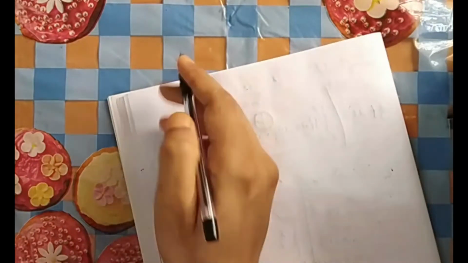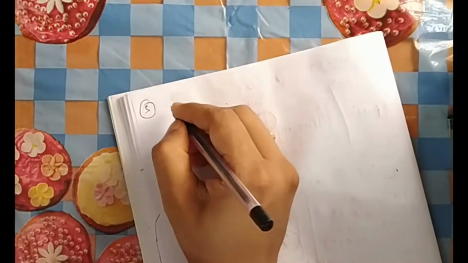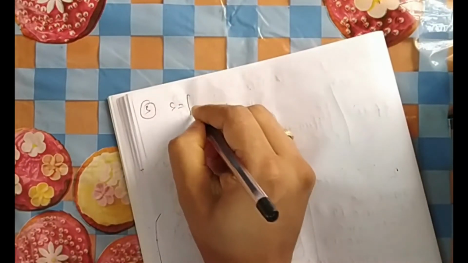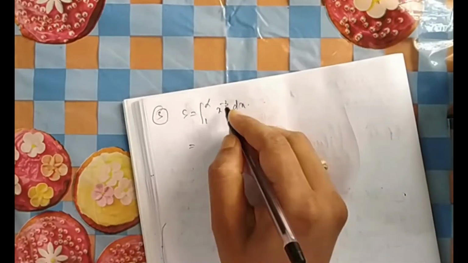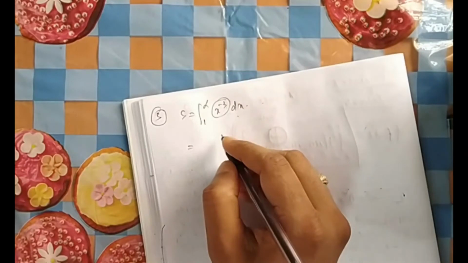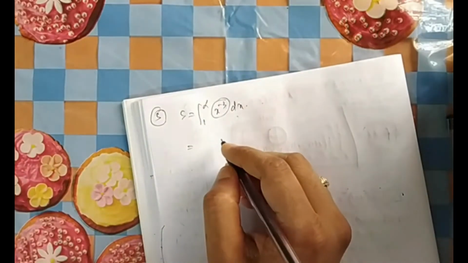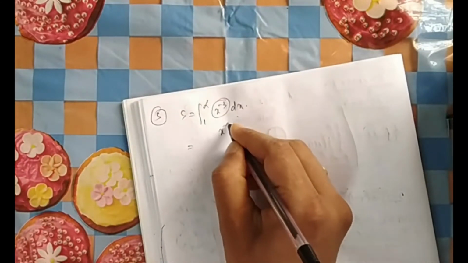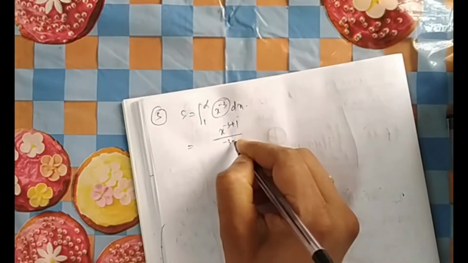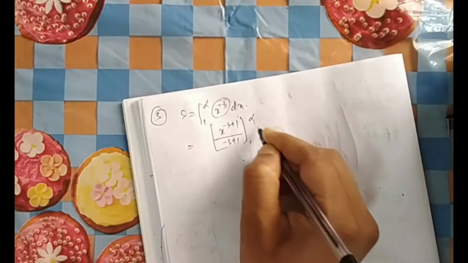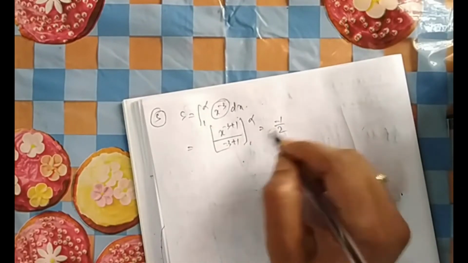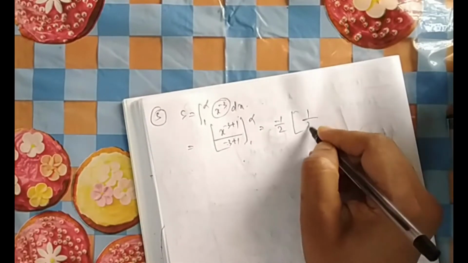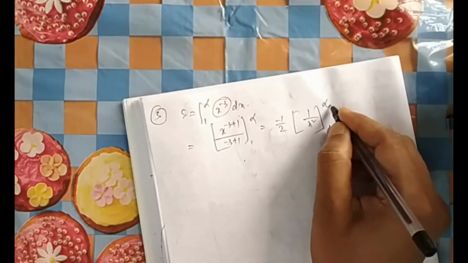So if this is done, then question number 5, I think s is equal to integral from 1 to infinity of x to the power minus 3 dx. You just try. What is the integration of this one? x to the power n is x to the power n plus 1 divided by n plus 1. So 1 to infinity. So what it will be? If you take minus 1 by 2 outside, this is minus half, and it is 1 by x square because x to the power minus 2, 1 to infinity.